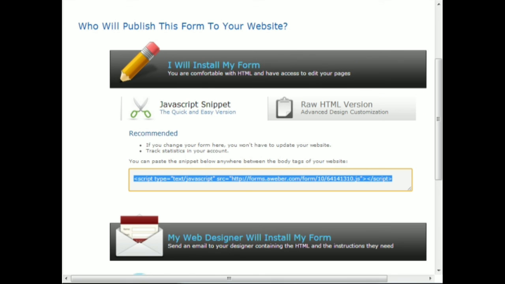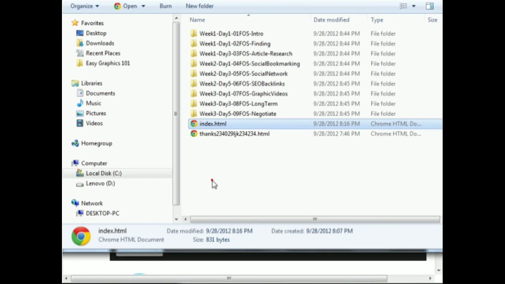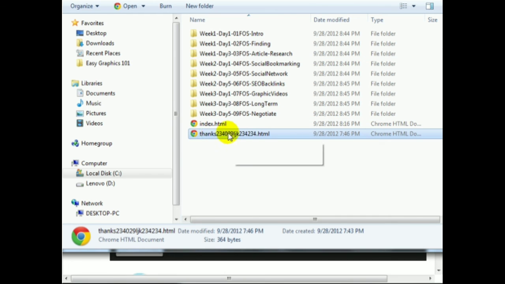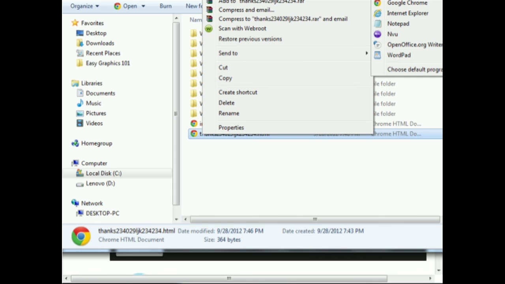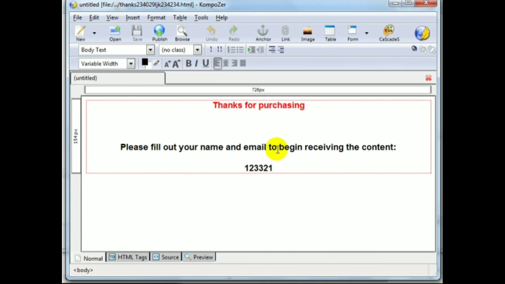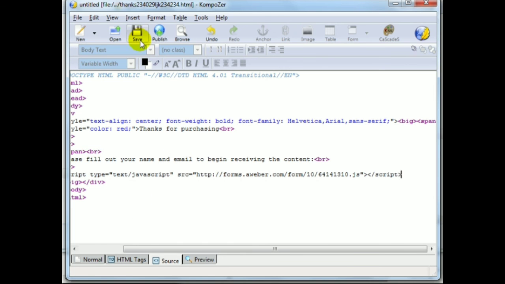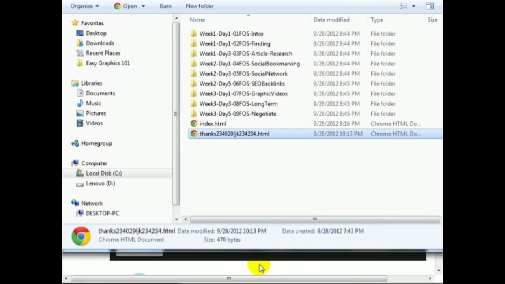And then what I want to do now is to hop on over to my thank you page in my file manager, and I want to edit the thank you page with Composer. And if you recall, you'll remember that I put this number here for a reason. What I want to do is simply find this number by clicking the source code tab here, finding the number, and by using this method, you don't need to know anything about HTML. Simply replace that number that you created with this code, click on Save,